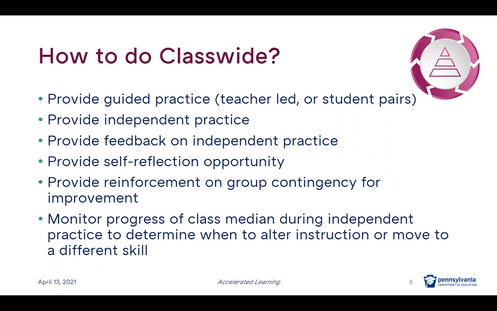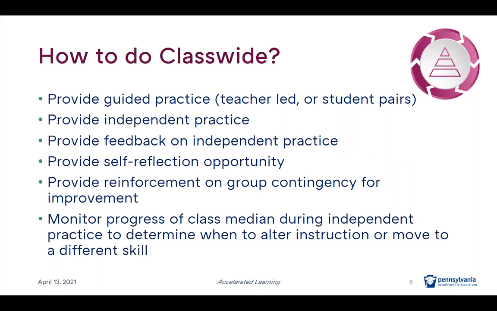Additionally, we want to make sure that we monitor the class's progress, specifically the median score. The median score during the independent practice is going to be the measure that we use to determine: Do we stick with our current class-wide intervention topic? Do we adjust instruction with our current class-wide intervention protocol? Or should we move on to a new skill? We would move on to a new skill as soon as the median has crossed that threshold that we set for their goal. What that basically means is as soon as half the kids aren't struggling anymore, it's time to